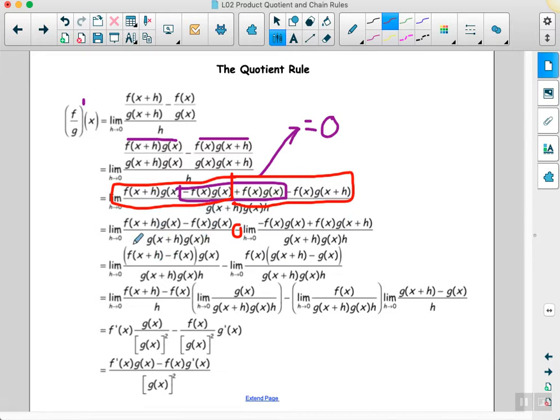So now I've got on the next line the limit, because I'm going to now factor a g at x out. See, g at x is common between these two. When g at x comes out, I have f at x plus h minus f at x. And over here we're going to factor the common f at x out. When the common f at x comes out, we are going to get g at x plus h minus g at x. And I chose to write that term second. And now splitting along this line,